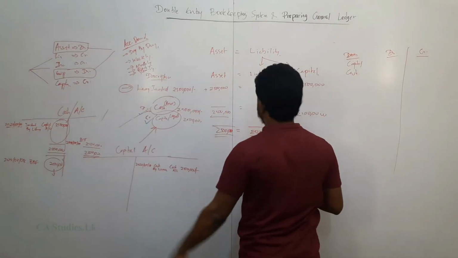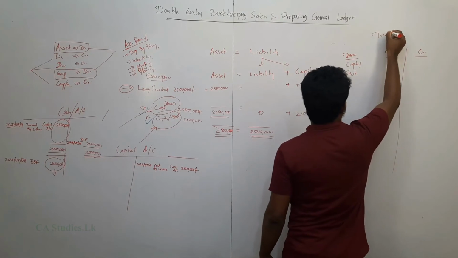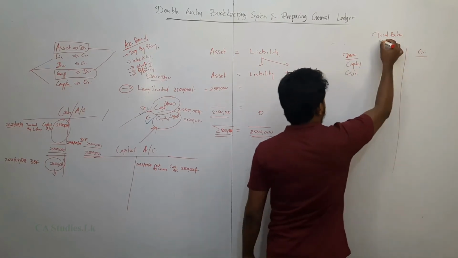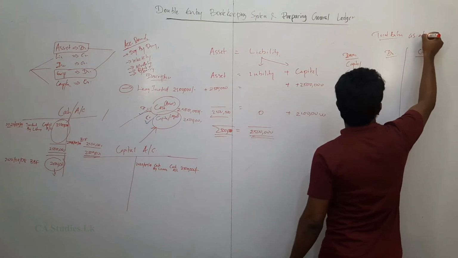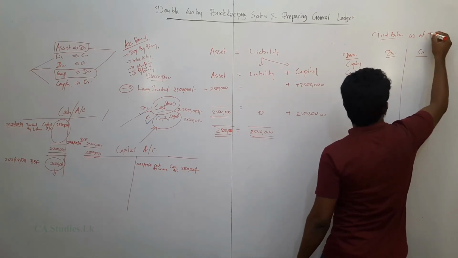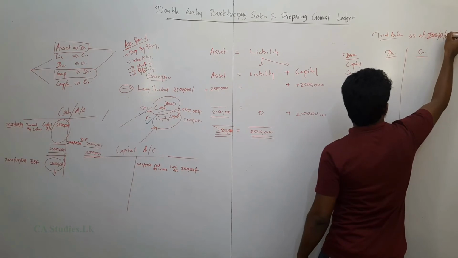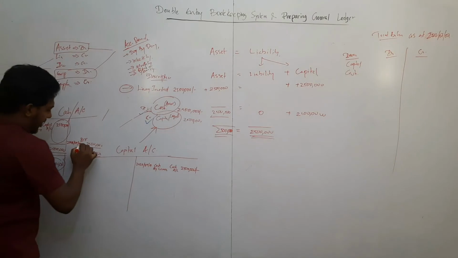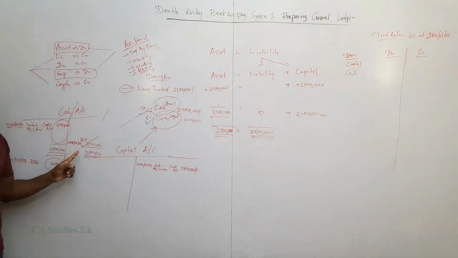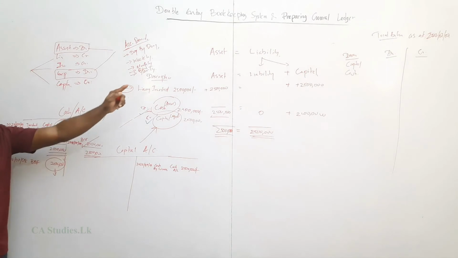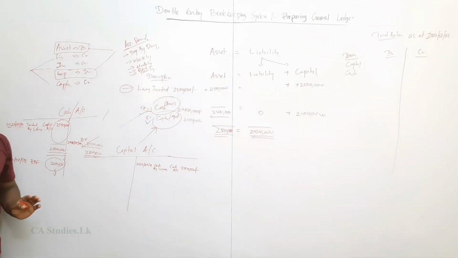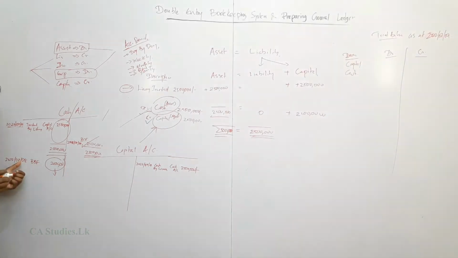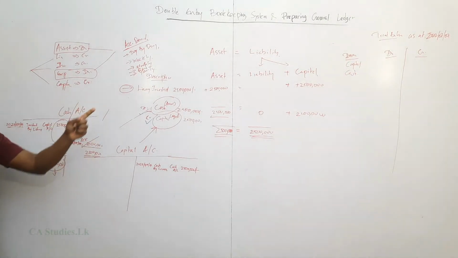Now I have closed the cash account. This is called the trial balance. Don't put only trial balance; the trial balance is at 2022 July 7. This is what I have to take. This is the balance carried forward. The balance carried forward is the balance we have to take for the trial balance, not the balance brought forward, and both are the same value. I want to give the correct procedure. Here this is 8, this is 7. The 7 balance should be taken.